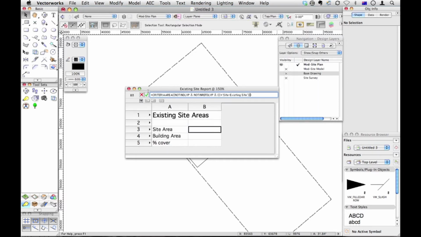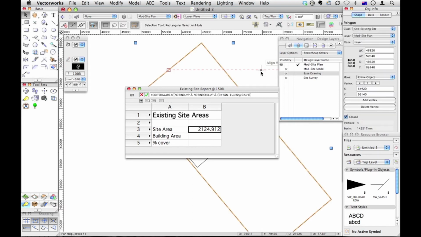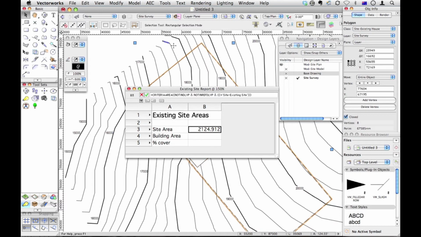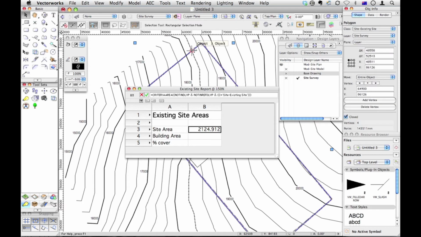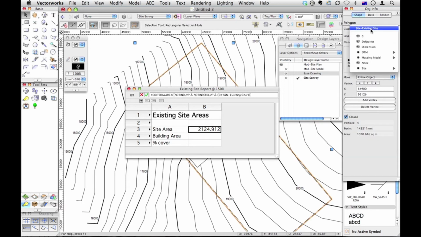Okay. So click on the green tick, site area. So why isn't that site existing site? Site existing site. What about this one? Site existing house. So somewhere else I've created a class. Let's just go back and have a look at our survey here, and that object unfortunately is on the wrong class. Let's just change that to 0,